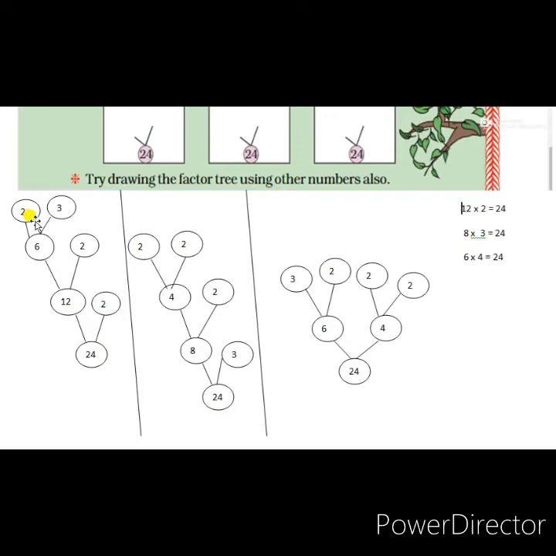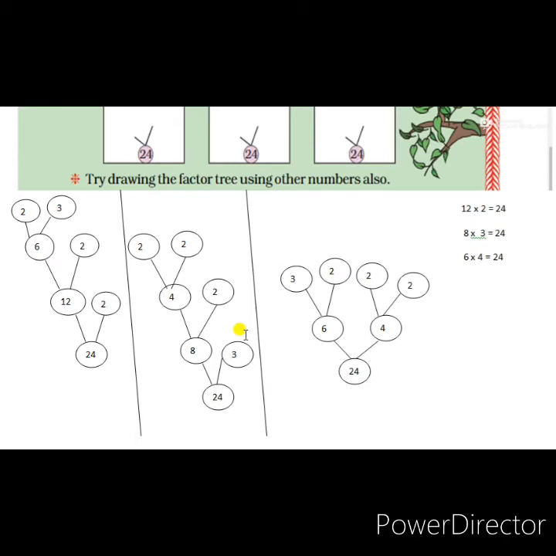Now the other type of factor tree I have made here. 8 3s are 24. Here also 24 is the product of 8 and 3. 3 is a prime factor. Now we have to convert 8 only. 4 2s are 8. 2 is a prime factor. Now we have to convert 4 into prime factors. 2 2s are 4. So we can write 24 this way: 3 into 2 into 2 into 2. This is another way of finding the prime factors of 24.